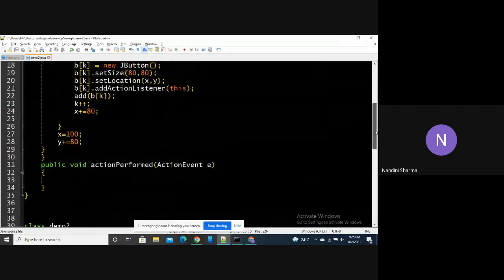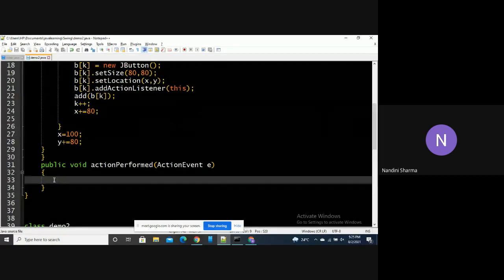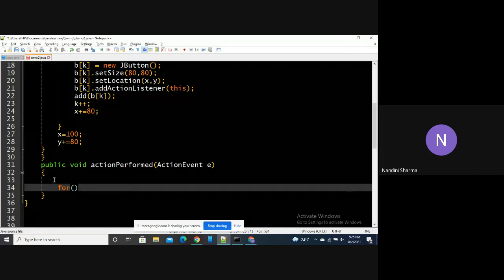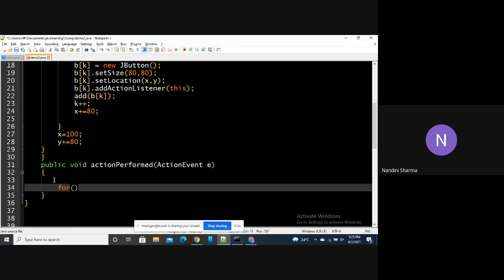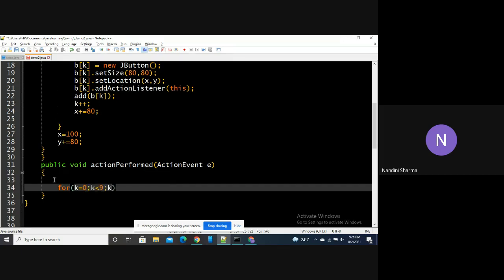Now we will add action to it. So instead of implementing action listener for 9 separate buttons, we will again use a for loop, and the integer that is holding the index value is k. So our for loop will run from 0 to 9: for k equals 0, k less than 9, k plus plus.